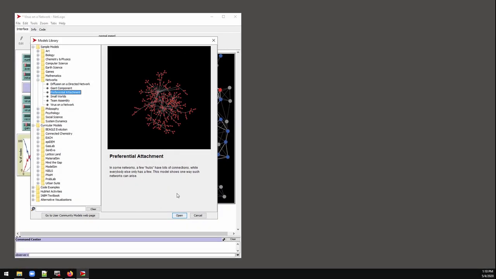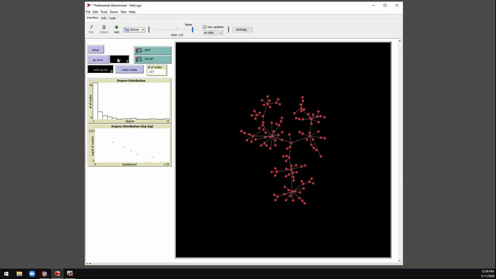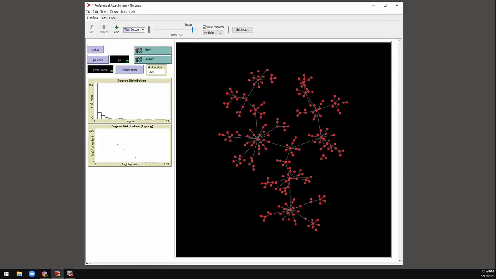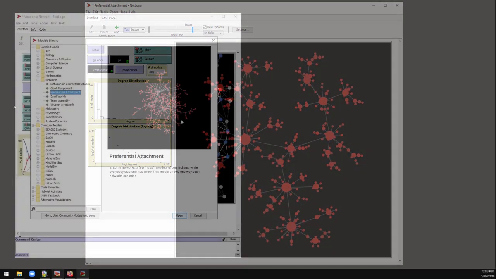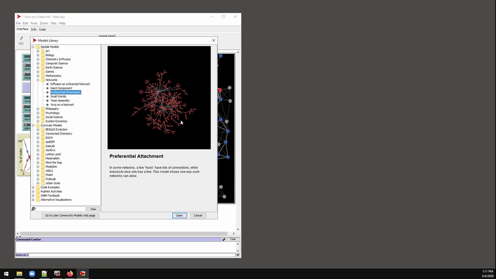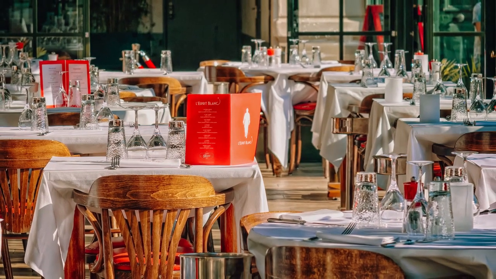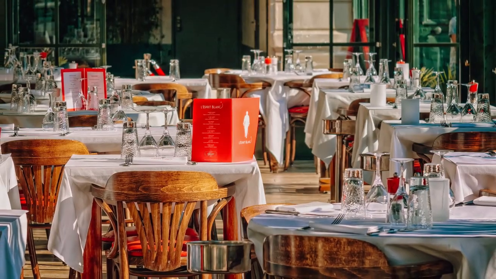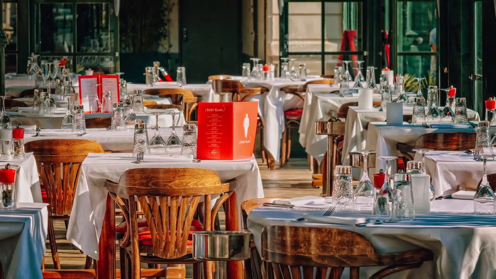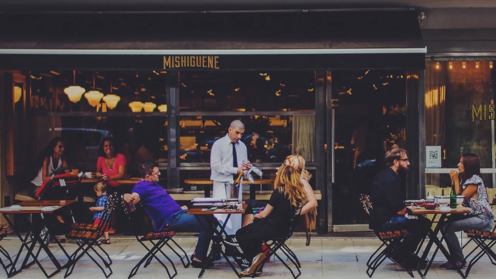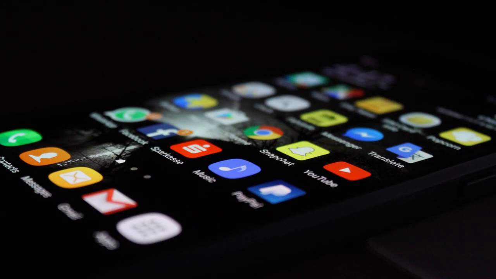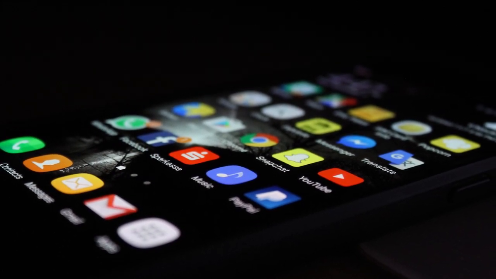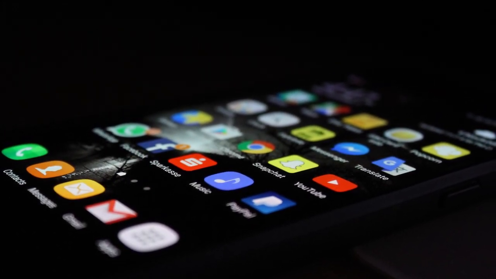File, Models Library. Let's go to Preferential Attachment. It's one of my favorites because it helps you visualize how a few people can create large connections, or how some companies can gather the largest viewership or customer base. You're quite familiar with how this already works. You go to a restaurant, go inside, there's nobody there. What do you do? You second guess. You go to a restaurant and there's a bunch of people, confirmation, yep. Same thing with memes and videos. The algorithms are biased toward popularity.